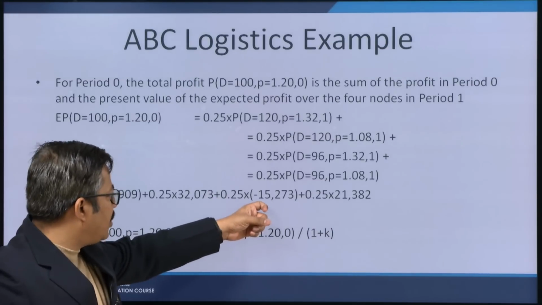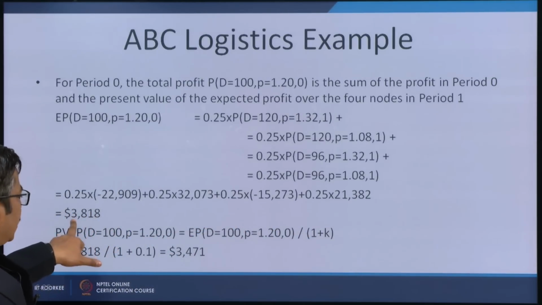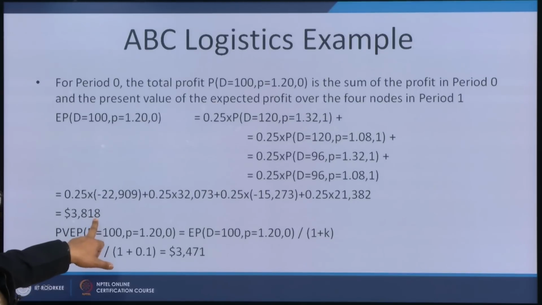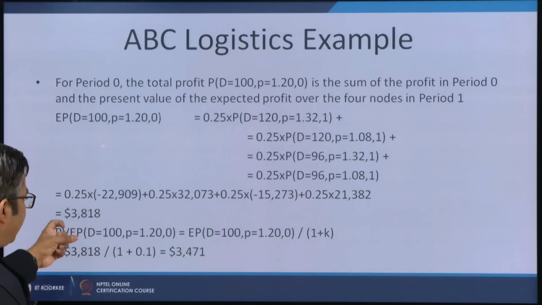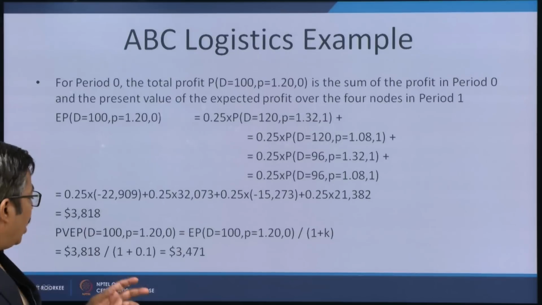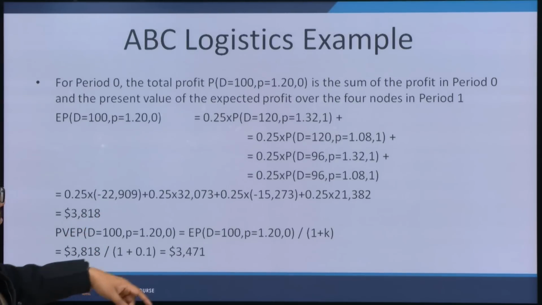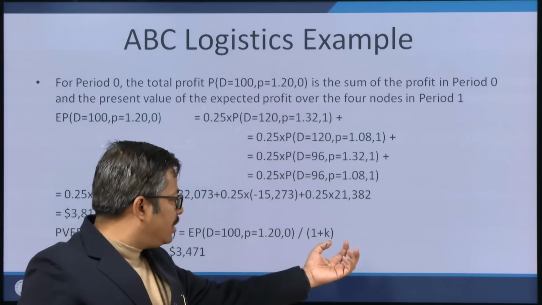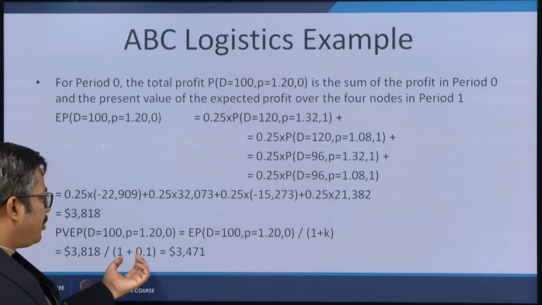32,000, 15,000, then 21,000, and like this the final calculation becomes 3,818. That is the expected profit during time period 1. But for time period 0, I need to have the present value of this expected profit. So, I will divide this 3818 by the present discounting factor, that is 1 plus k. So, this is 3818 divided by 1.1,